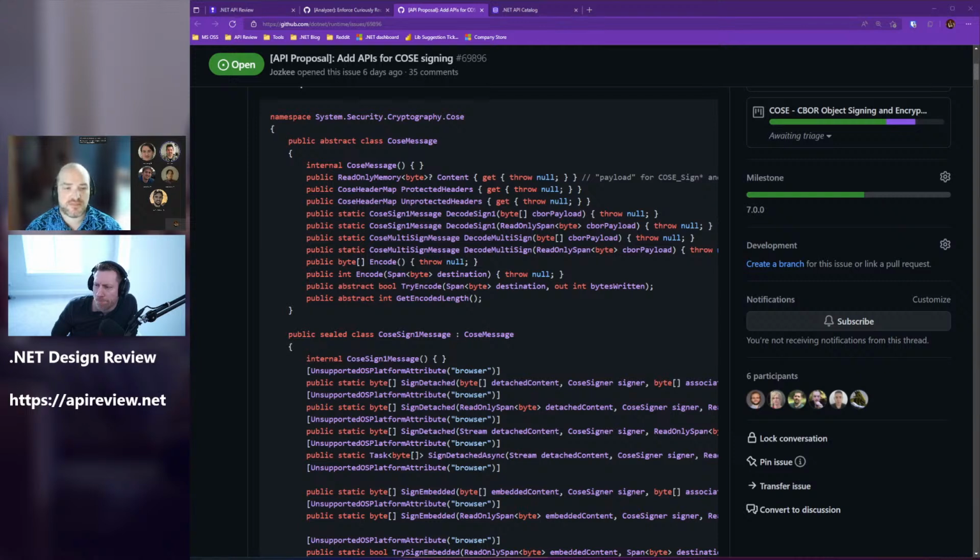Your content that returns a read-only memory, does that hold on to the existing payload going in? No, because you're unwrapping something from the payload. Yeah, so the payloads are decoded into memory owned by the message. Got it. So it'll create a new array for it. It's nullable because